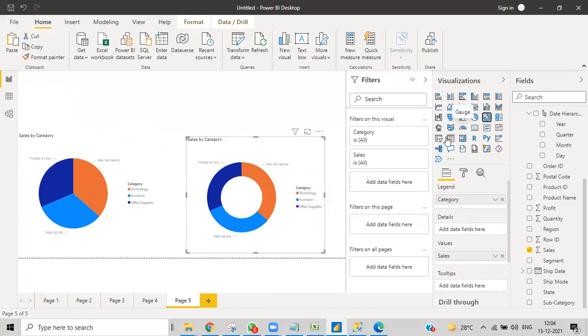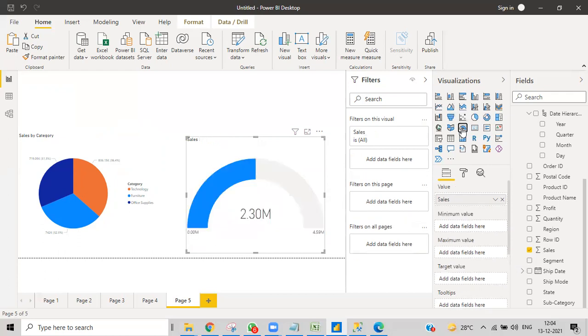This is a very interesting kind of thing. It is just like a speedometer. What is the total speed available and how much speed you are going? So that's it.